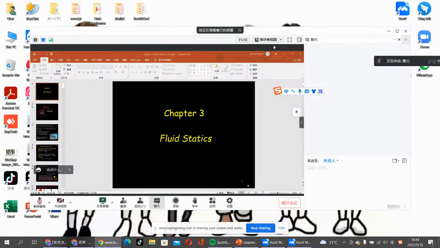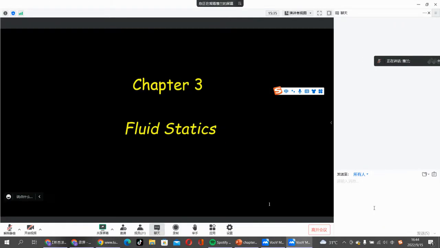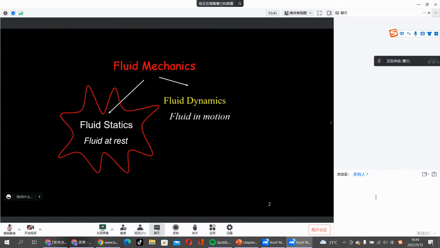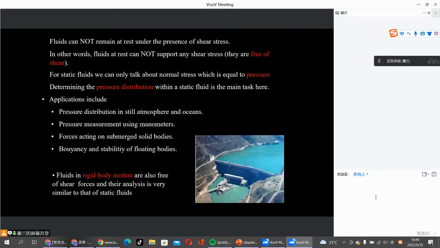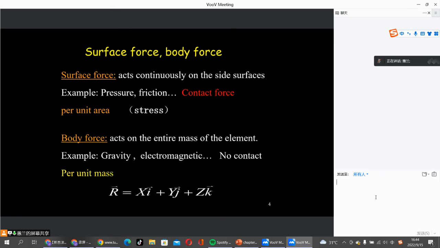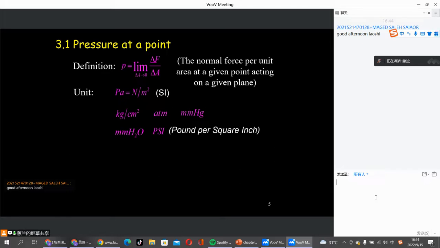After our class, we will continue the study of fluid statics. We need to study fluid at rest, that's fluid statics, and we review what the surface force is, what the body force is. Thank you, good afternoon. We have known the very